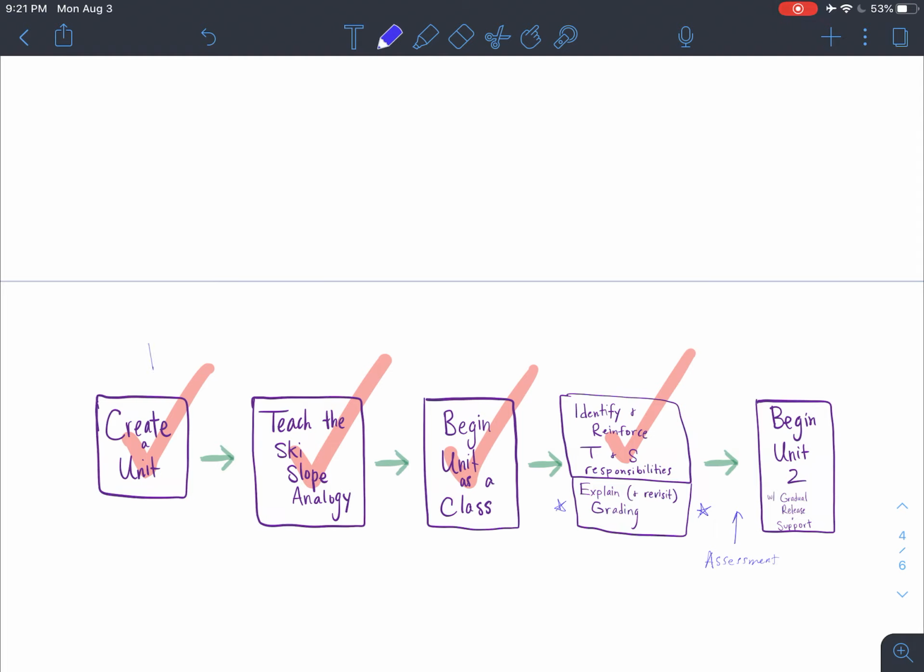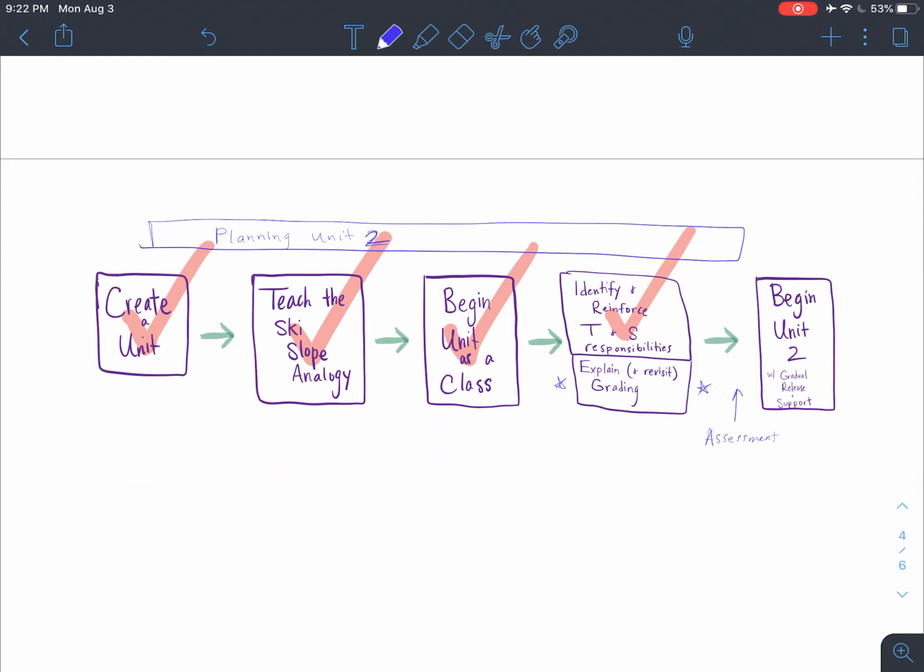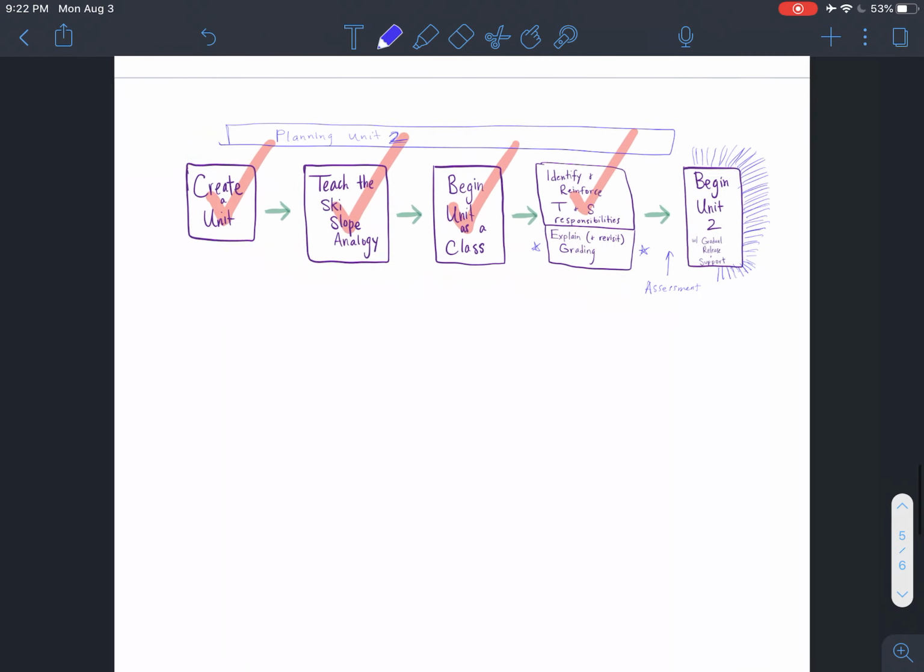Now, in order for that to happen, that means that during this whole unit is when you are planning Unit 2. So if your first unit is 3 weeks long, then you have those 3 weeks to work on Unit 2. If it's 4 weeks, then you have 4 weeks to work on Unit 2 and so on. So when you start a unit, don't forget it must be complete before you give it to the students, because you will be amazed at what the students get through in a day. And it's important that we're prepared, because the time is to connect with students, not to plan while we're in class, trying to stay ahead.